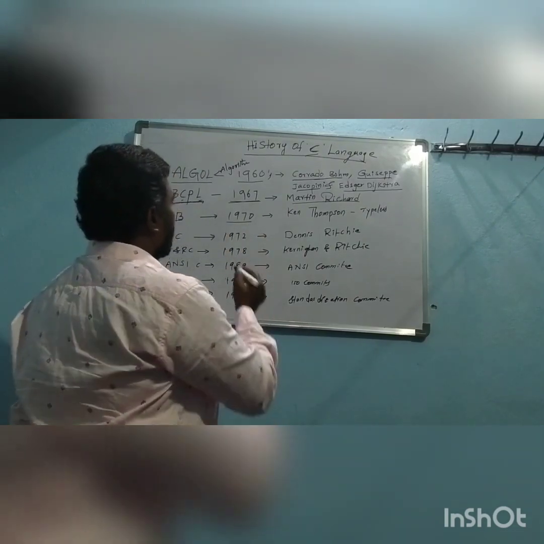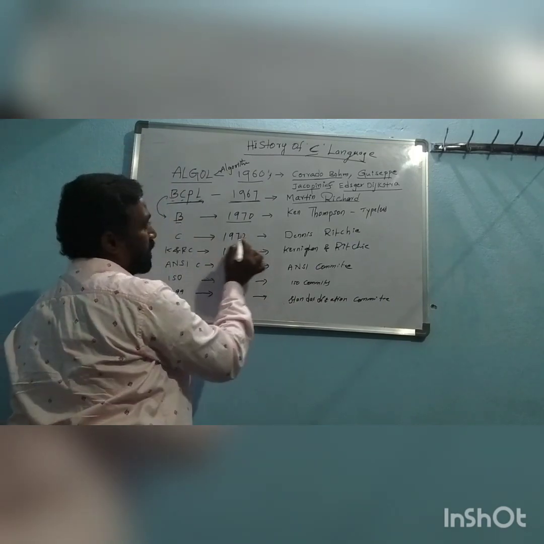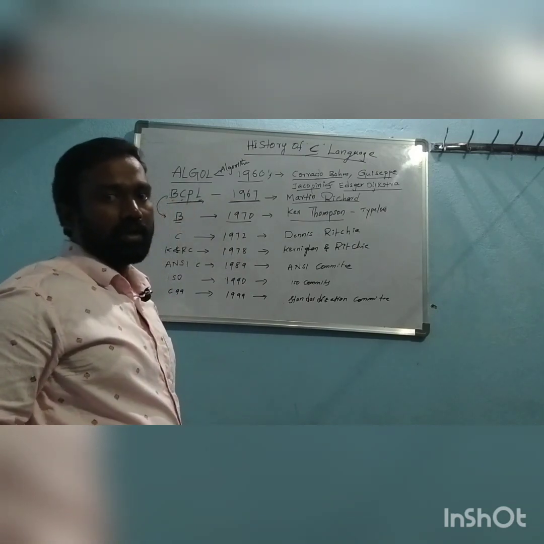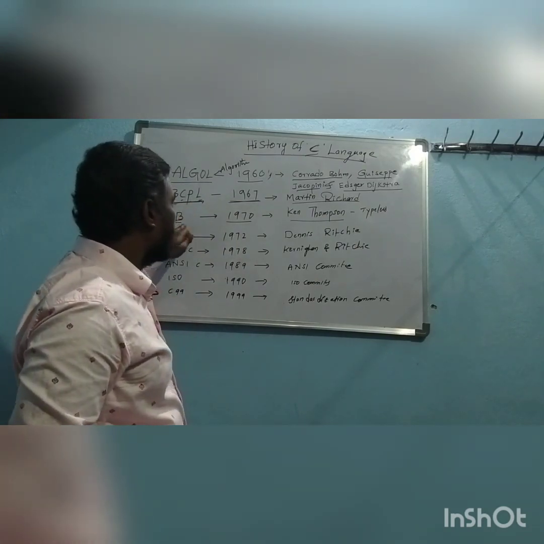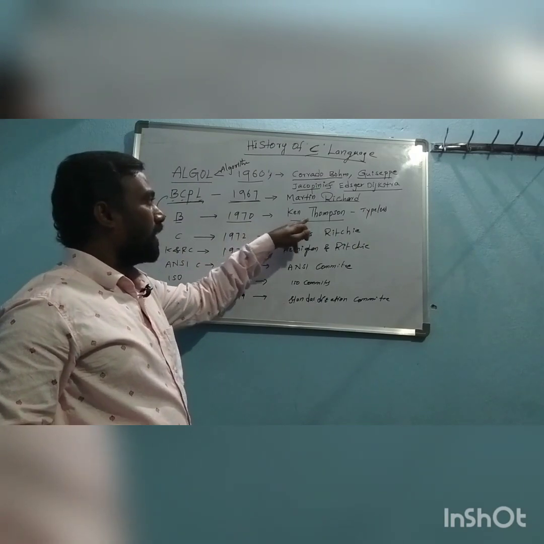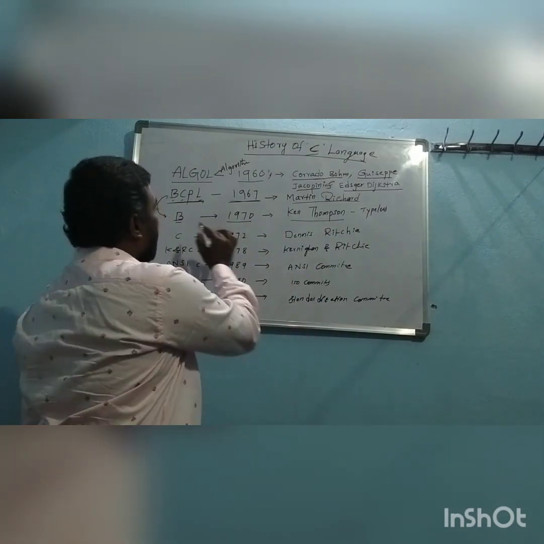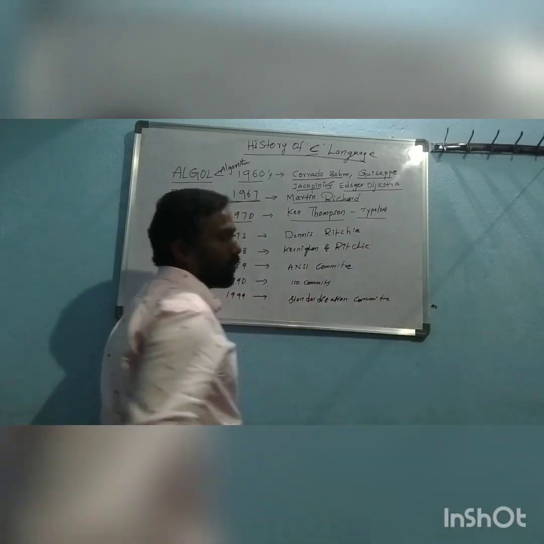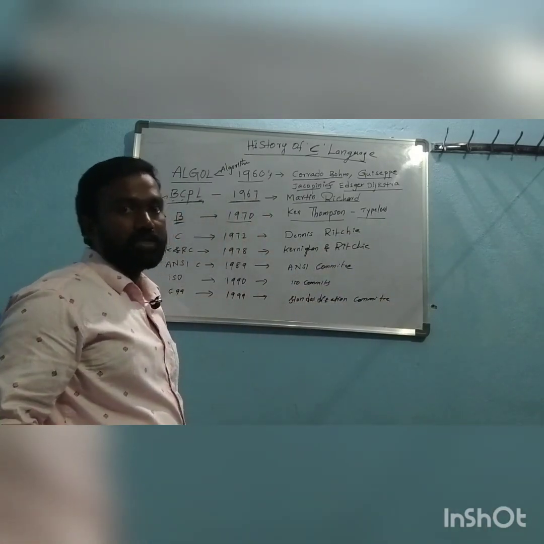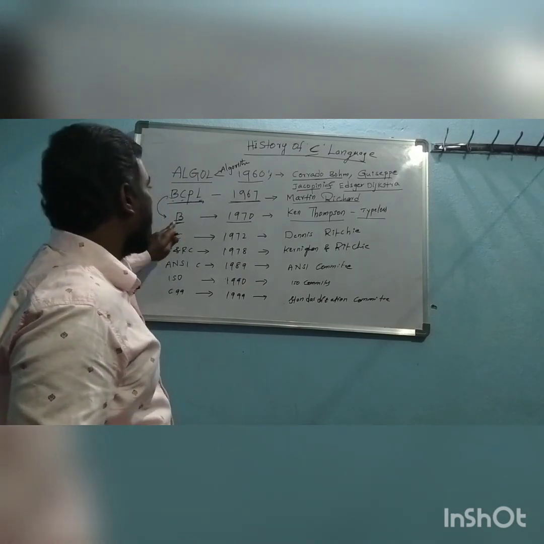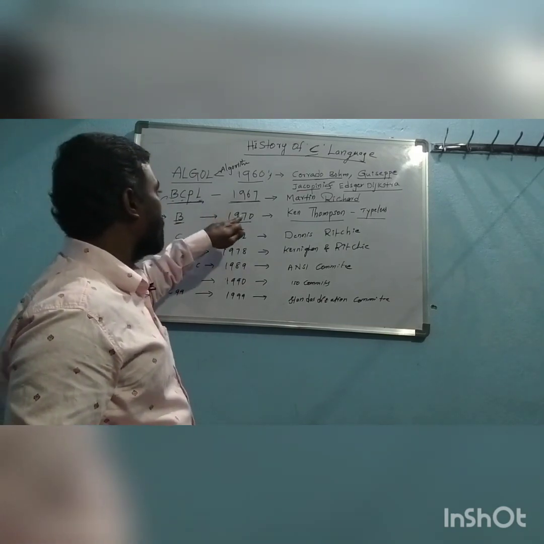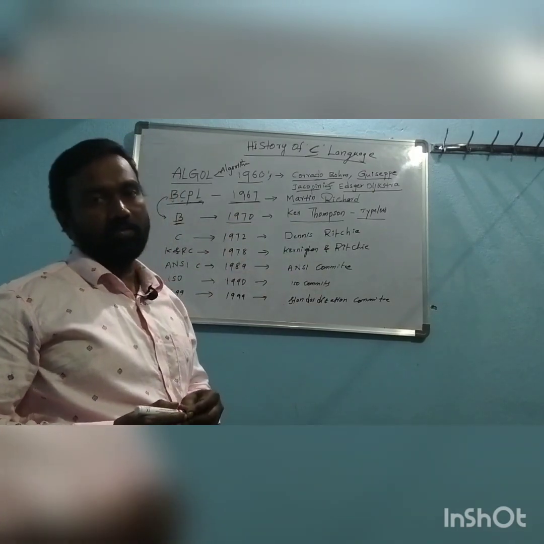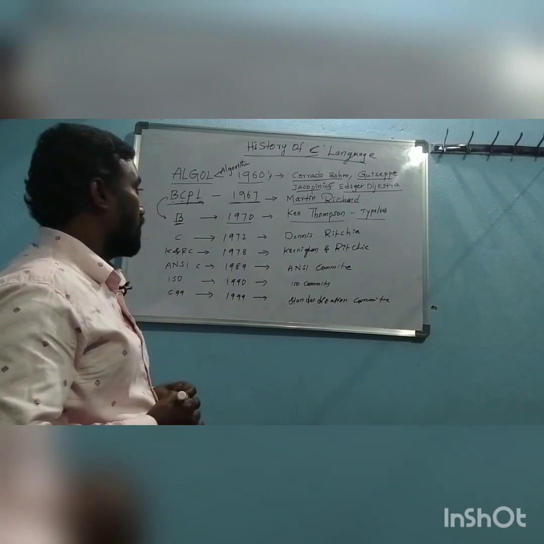This B programming language was developed by Ken Thompson, and it is a typeless programming language. There is no typing at all. So the B programming language was developed in 1970 by Ken Thompson. Next,